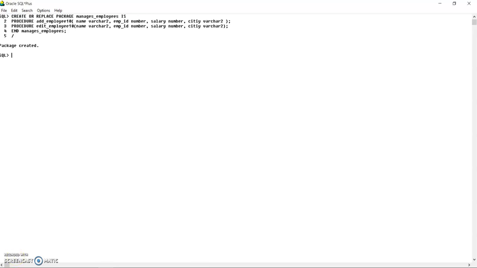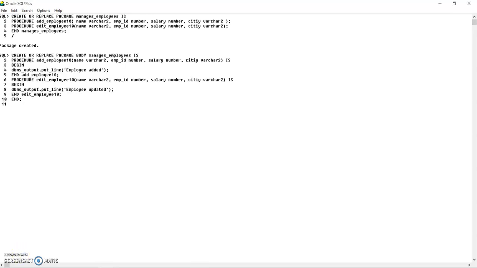Now I can create a body for this particular package. I write create or replace package body. Here it was a specification, but I don't have to write specification; here I have to write package body, and inside this I have defined both procedures, procedure add_employee_10 and procedure edit_employee_10.